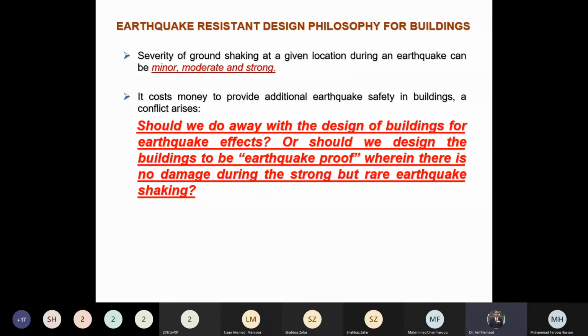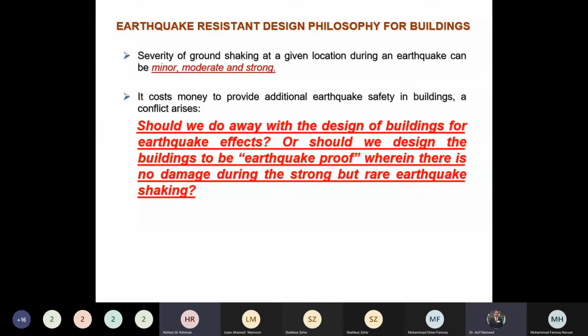So as a structural engineer, which approach will you use? You will try to make your structure earthquake proof, or it can be without any seismic provisions, without considering the earthquake effect, or you will try to make it earthquake proof. Sir, it depends on the location. Depends on the location. Why does it depend on the location, beta? Sir, if it is a seismic area, we will design for seismic. Okay. If it is not seismic, we can design for a minor earthquake.